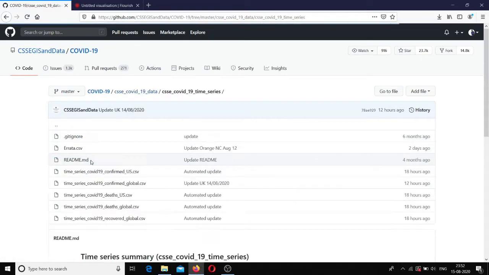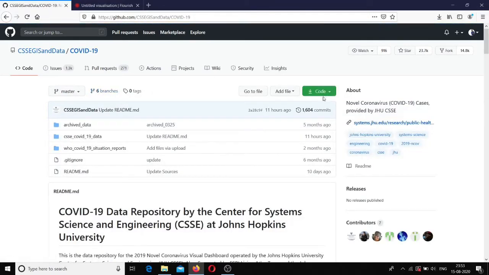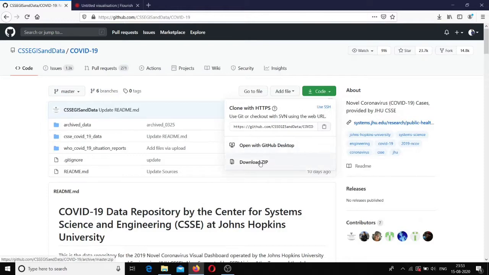Inside this repository, you can find confirmed, death and recovered time series for worldwide statistics, and also confirmed and death statistics for United States. So we have to download the data from this website. Actually the entire repository could be downloaded by clicking on download zip.